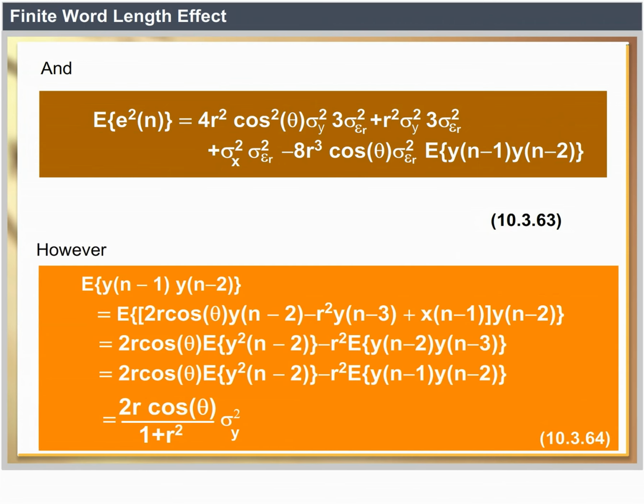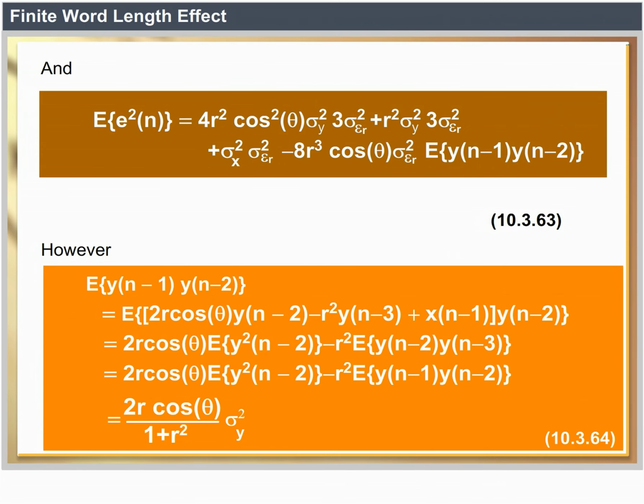However, E of y of n minus 1 into y of n minus 2 equal to E of 2r cos theta into y of n minus 2 minus r square y of n minus 3 plus x of n minus 1 into y of n minus 2, equal to 2r cos theta into E of y square of n minus 2 minus r square into E of y of n minus 2 into y of n minus 3, equal to 2r cos theta E of y square of n minus 2 minus r square into E of y of n minus 1 into y of n minus 2, equal to 2r cos theta divided by 1 plus r square into sigma y square, is called equation number